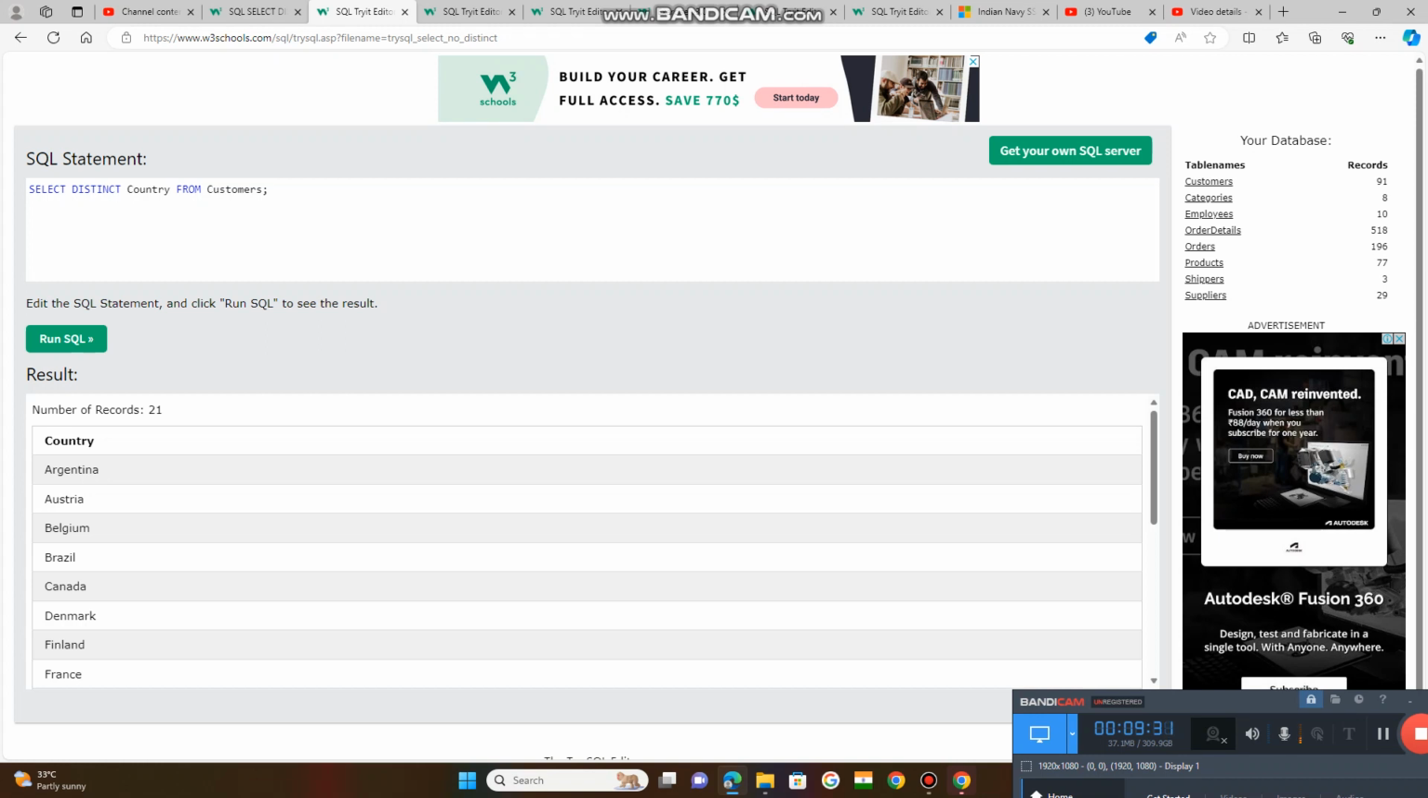This is w3schools.com. It is a website. Whenever you log into this website to learn SQL, check that it is an HTTPS secure website, whether it is following the HTTPS protocol. And this is a web-based code editor. We can edit the code here also, and you can run the